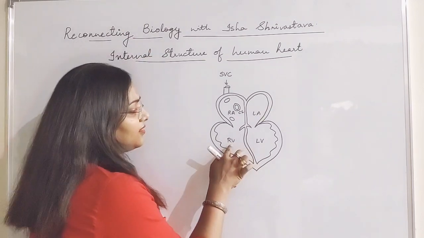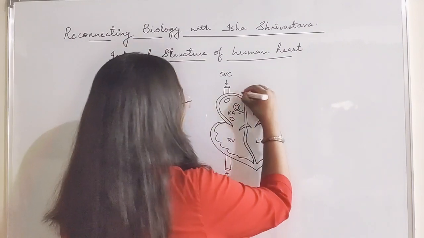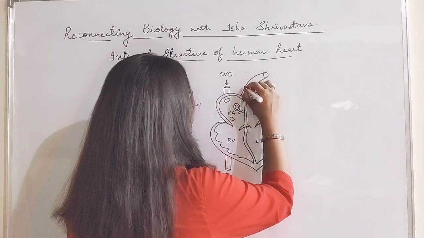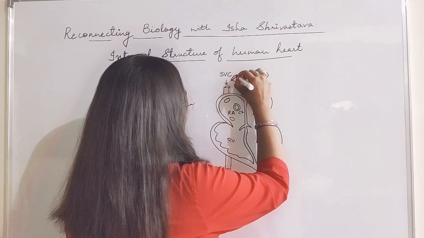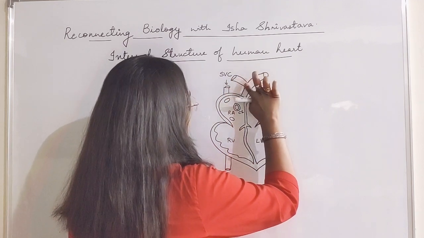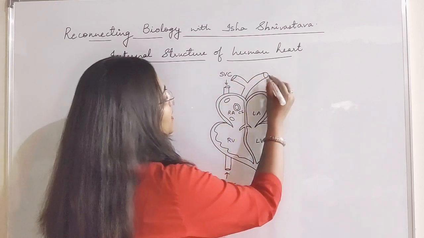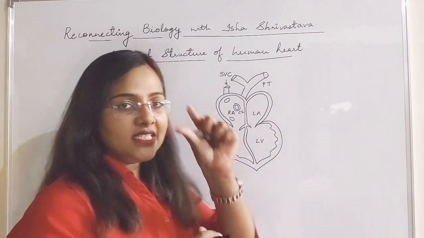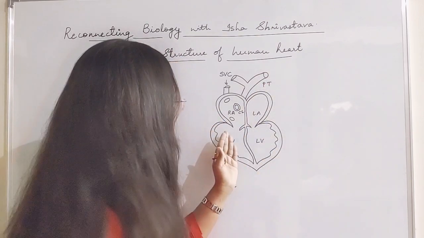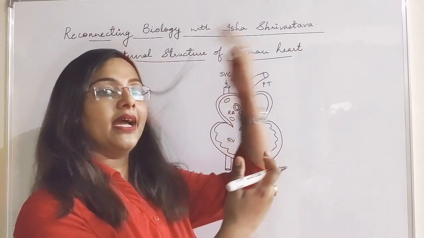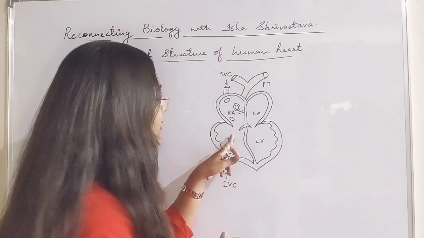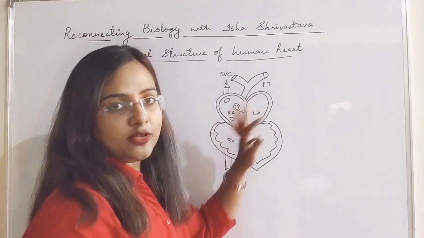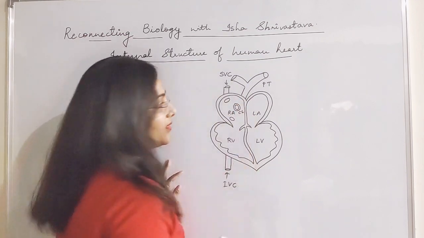Now, from the right ventricle arises a pulmonary trunk. Now this entire pulmonary trunk is arising from the right ventricle, from behind this right ventricle. So you cannot see this in the front part, it is from the back side of the heart, the dorsal position of the heart.